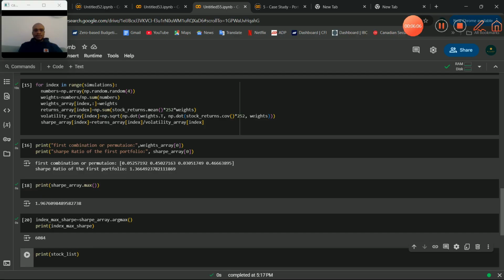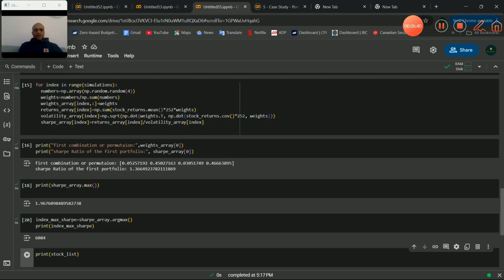And now let us set up where the highest Sharpe, which stock carries the highest Sharpe ratio. So we can know the investment value that should be assigned, or we can know the greatest investment value to be allocated to that stock which carries the highest Sharpe. So in order to do that, we will have to,